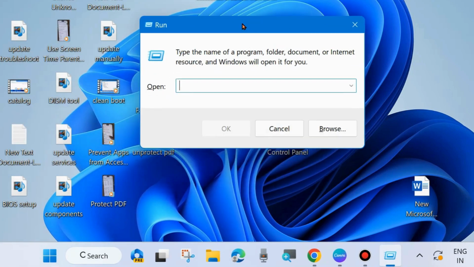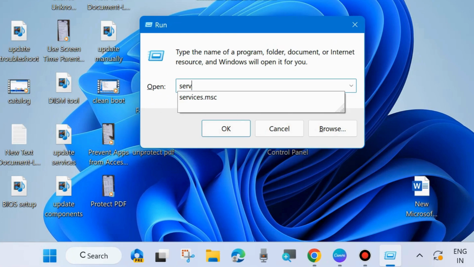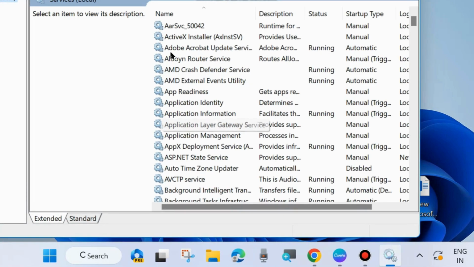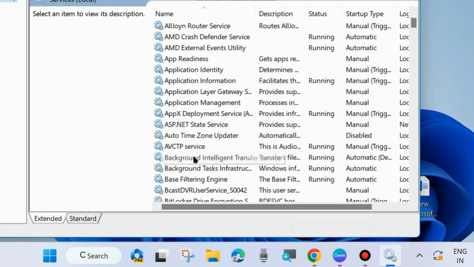Run dialog box will open. Here type services.msc to open services windows in Windows 10. Open services windows and here restart Windows Update related services such as background intelligent transfer services, cryptographic services, Windows installer